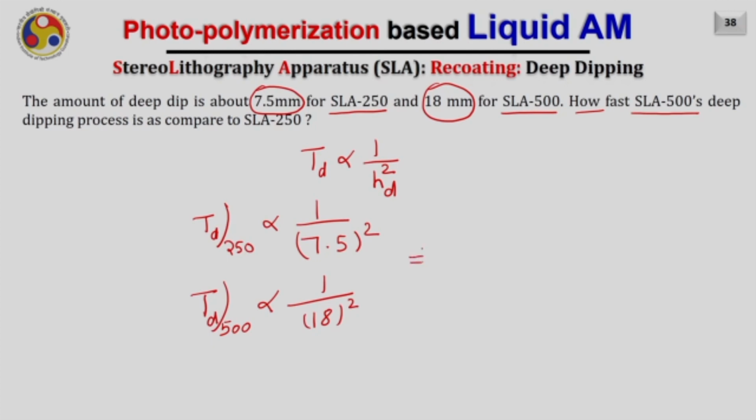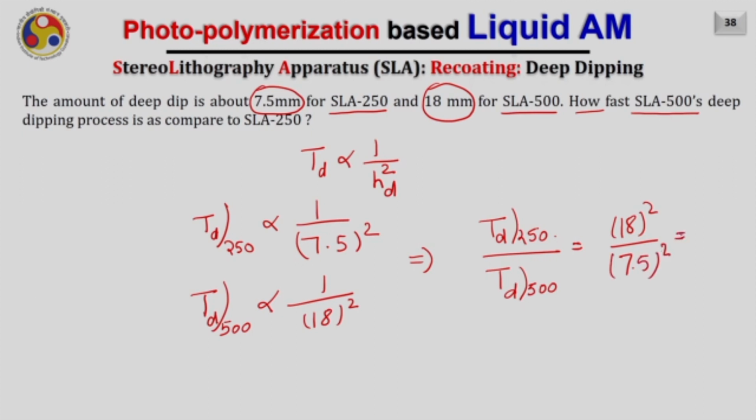Now let me find out the ratio of these two, meaning TD 250 divided by TD 500, and this will be equal to 18 squared divided by 7.5 squared,